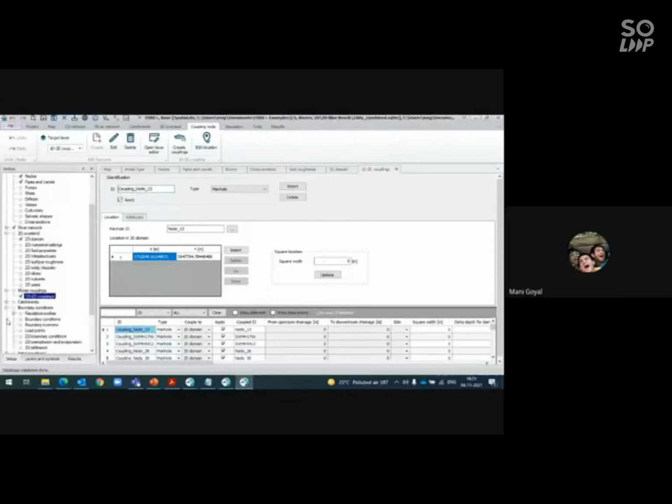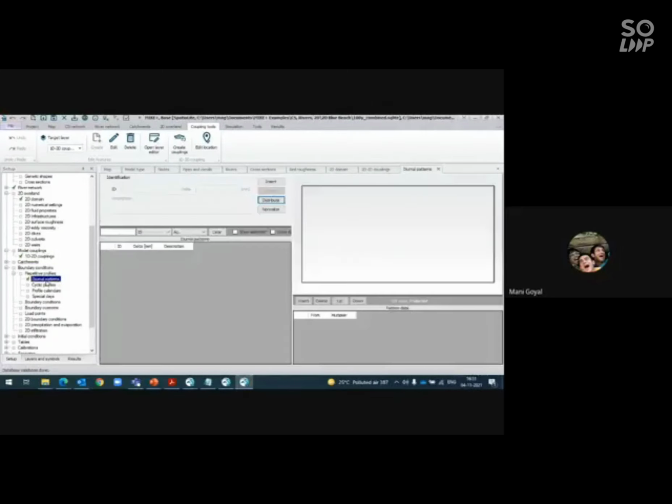Again, then comes your boundary conditions. Boundary conditions will be different for your collection system, and different for your 2D domain, and vice versa. For the collection system in urban areas, the water supply is taken as 135 or 150 LPCD to 180, and 80% of the water we consider as wastewater, or sewage water. Accordingly, we calculate the household discharge.